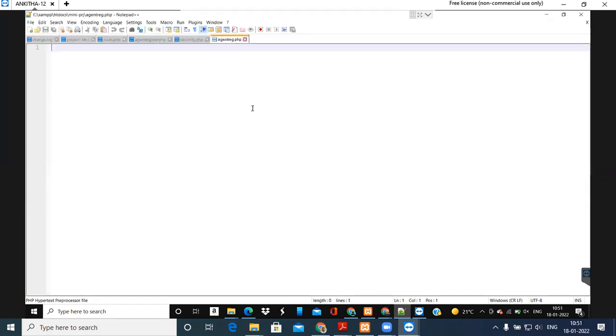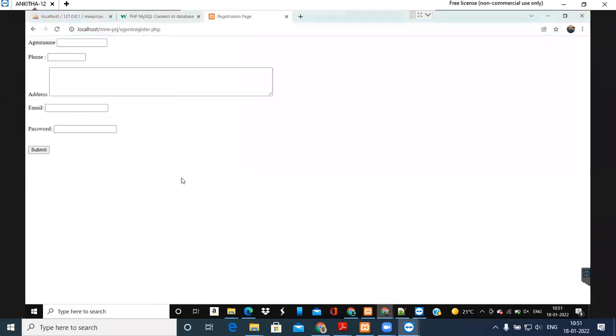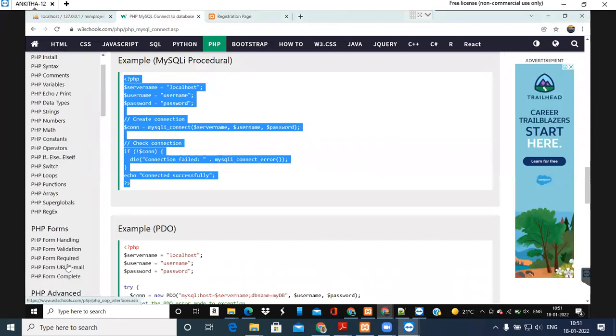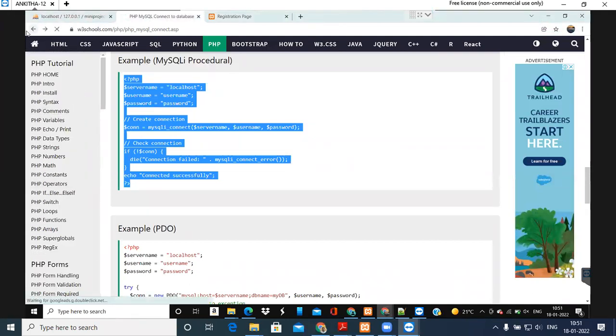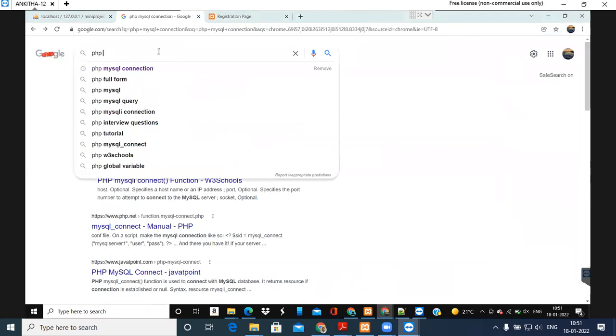Okay. So for this file, registration means we need to insert the data. For inserting data in MySQL, you go and check the MySQL PHP code to insert the data.